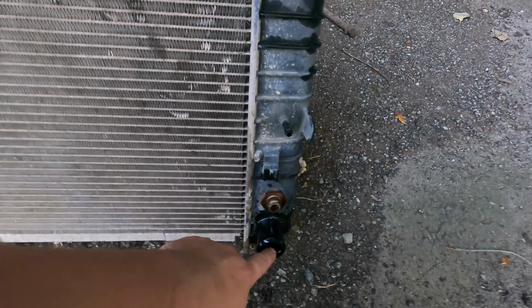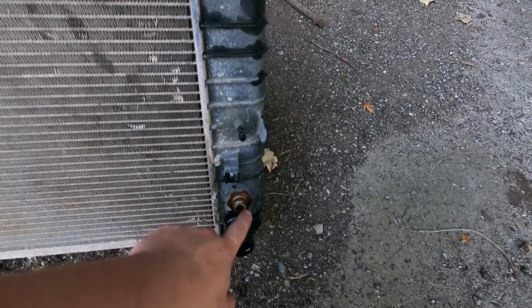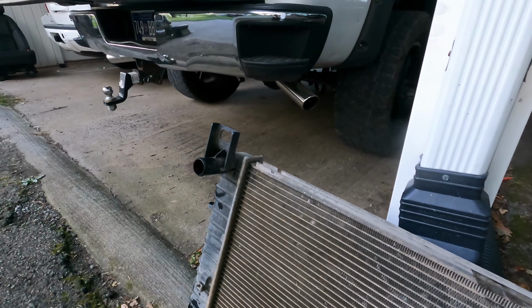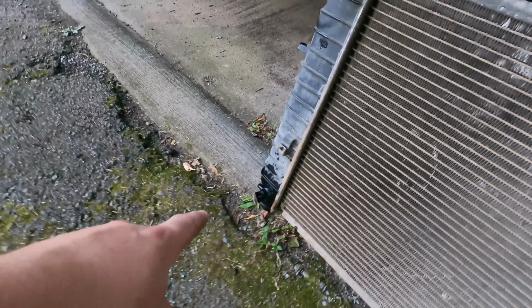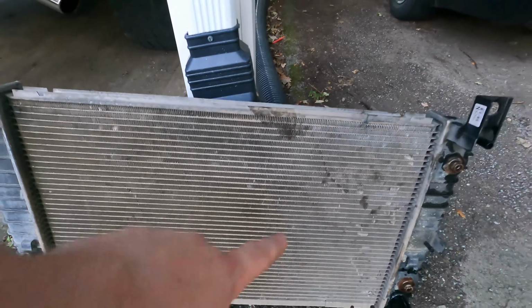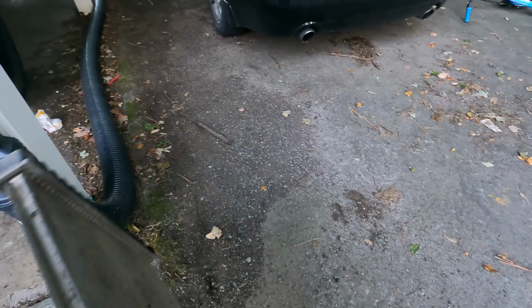And obviously your lower one, that was a bit of a pain for me just because it's kind of an awkward spot to get to, but I got that off no problem. Obviously the upper one was pretty easy, and then yeah, this was your drain on this one like I was talking about. But look at this. For one, this is the back. Look how dirty the back of this thing is. But then the front